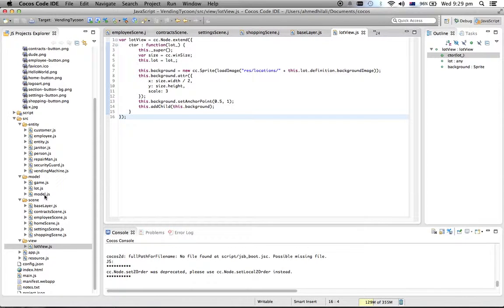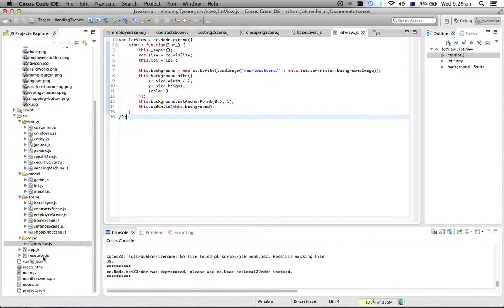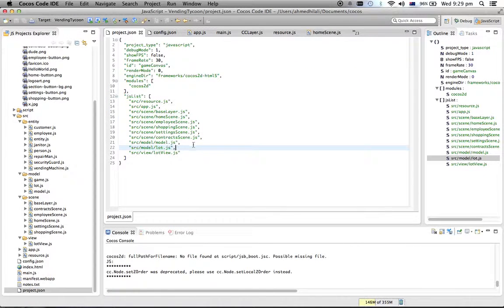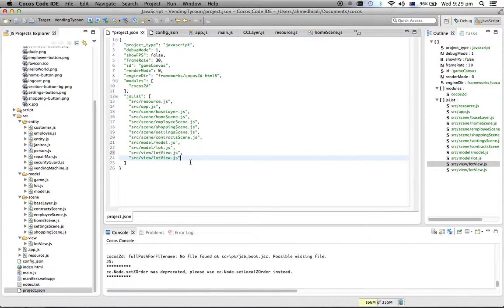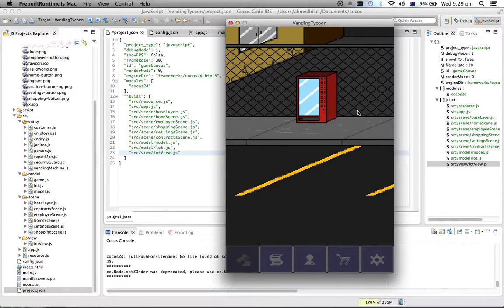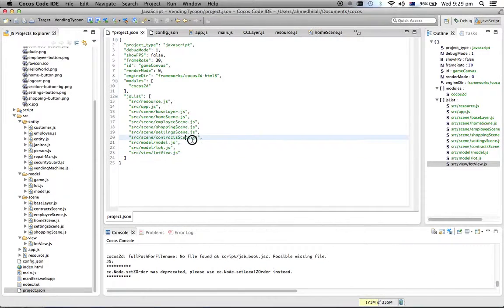Now, one issue I ran into was this project JSON file. For some reason, you have to put in the name of all your JavaScript files into here. It's kind of redundant considering they're already listed here, but I think the game engine uses this to do its over-the-air updating. So for instance,